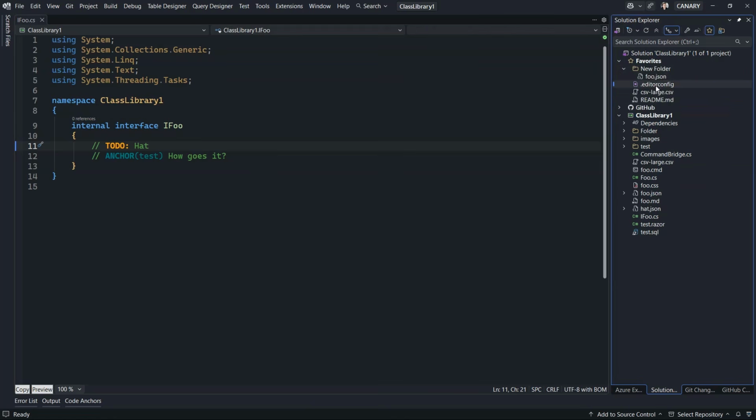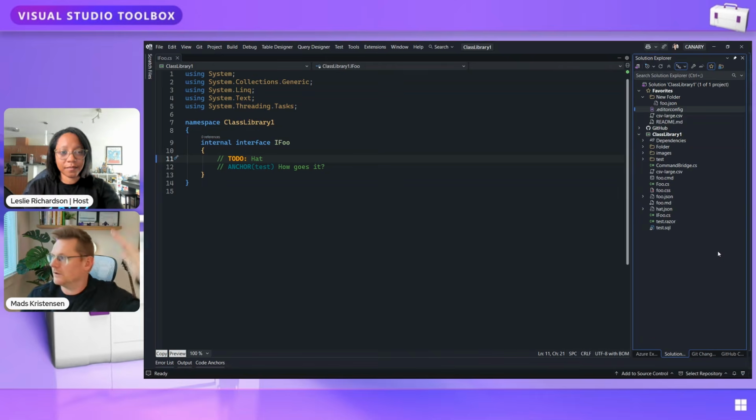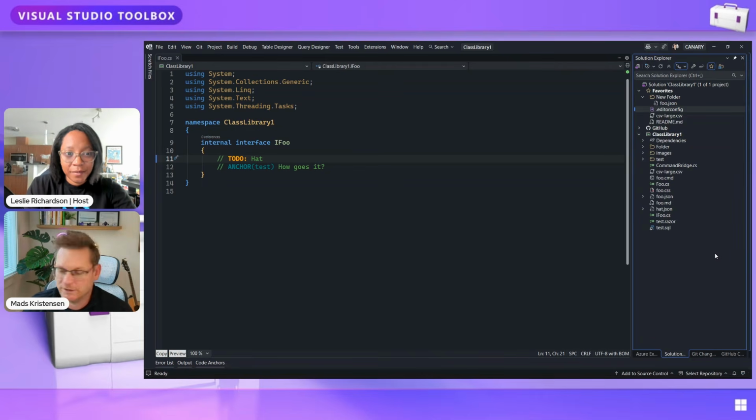So now I can have multiple favorite things, because you might have a huge solution with multiple projects, so you can pin some of your most common files up top. Or you can even group things, like if you work on a React component, you always want the HTML and the CSS and the JavaScript files together. You can have them that way up here, or group other things together, like maybe your API controller and your model, and your JavaScript, which all live in different folders. One is back end, one is front end, and you can now group them and pin the files you use the most often up top.